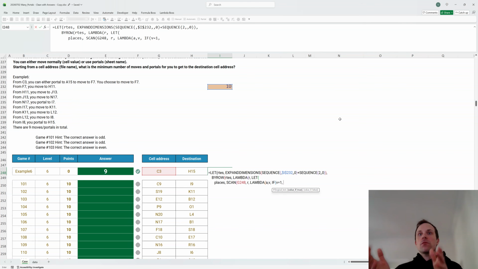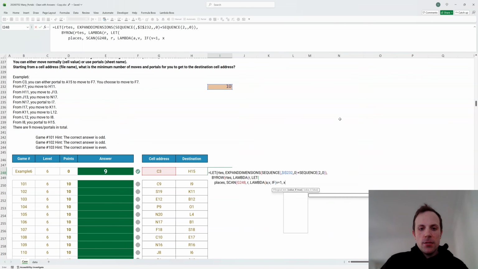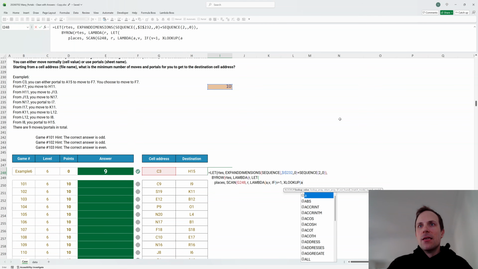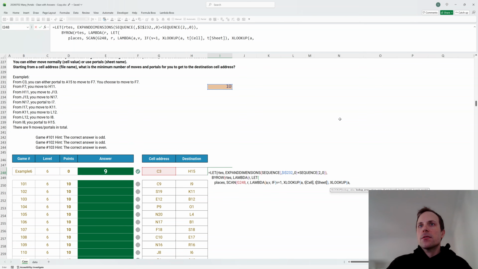So let's say if v equals 1 we use the portal, and if v equals 2 we use the normal route. So if it's 1 we can go through the portal from A, look up in cell, returning sheet, and if it's 2 we're going to use the normal travelling, so that's A, look up in cell, returning from 2, close the look up, close the if, close lambda, close the scan,